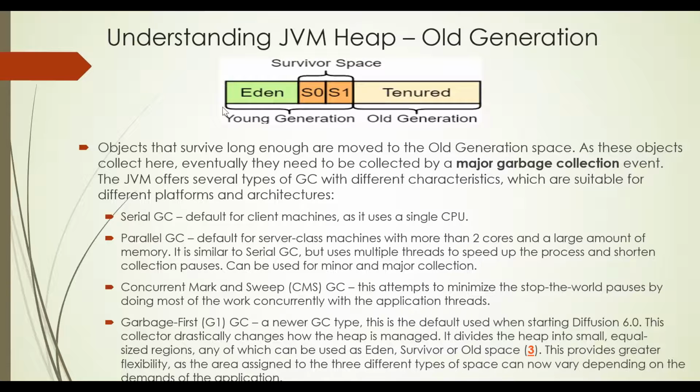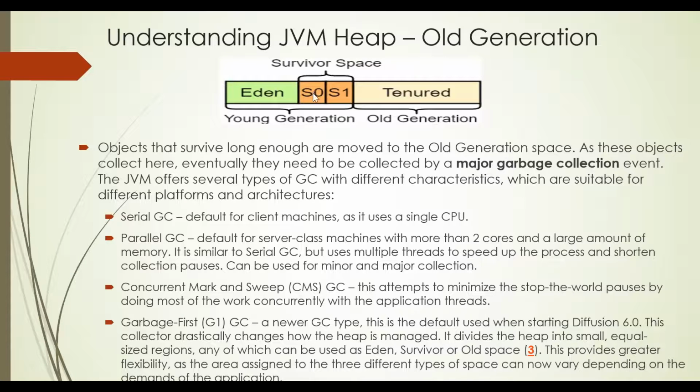I think this is not the right time to discuss it, but let's solve your doubt. Whenever a GC is called, it will mark the objects in your Eden space which need to be collected. Those will be garbage collected, and the remaining objects it will move to S0 if they survived 7 or 8 cycles. If objects are still new, they will remain in the Eden space. If the objects have survived 7 or 8 cycles, they will move to the S0 side.